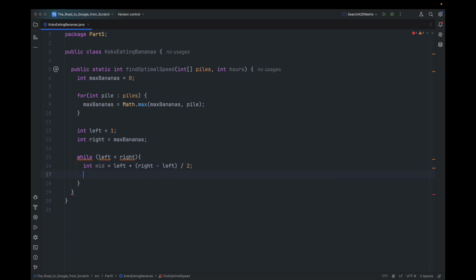Okay, and also I think that we will need to create another method which we will use in order to check this number, so this hour. In the first iteration it will be the number from the middle, so let's say 6, if 6 bananas per hour suit our condition. So if we have this speed,